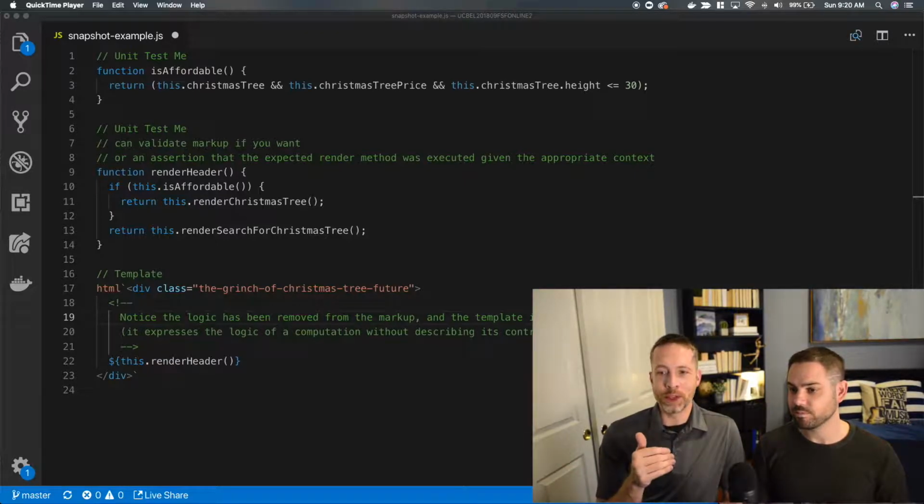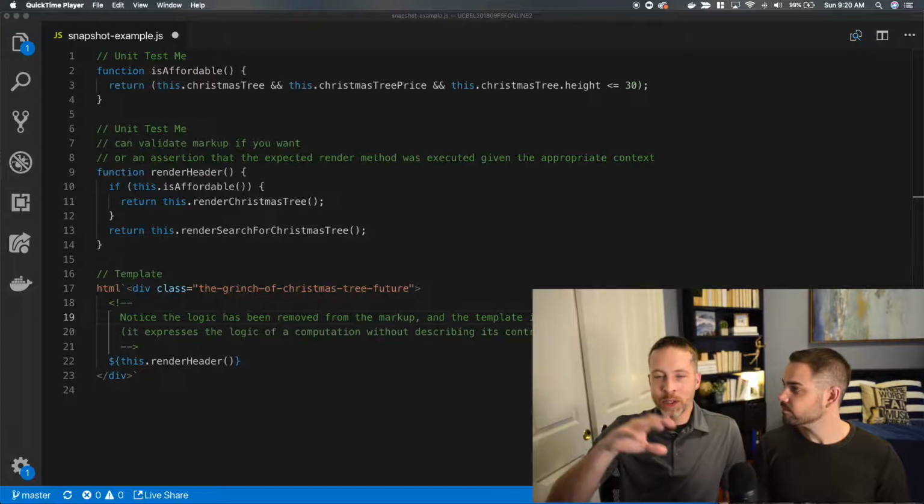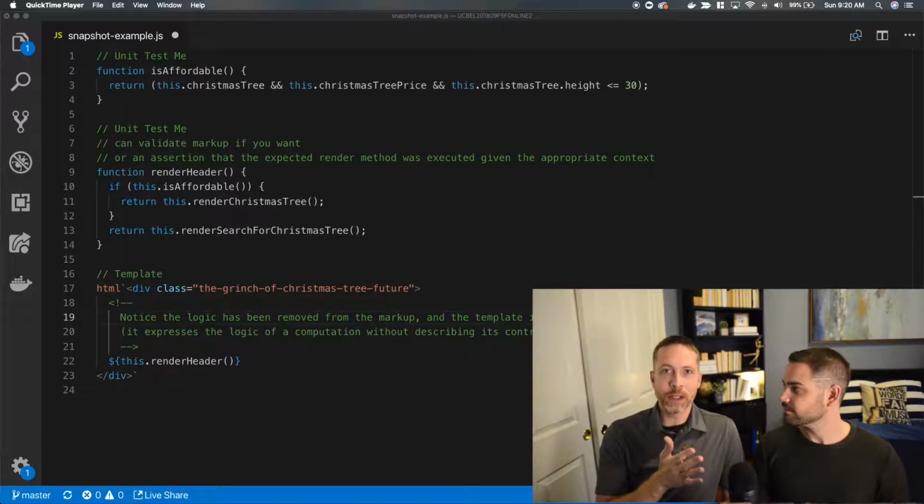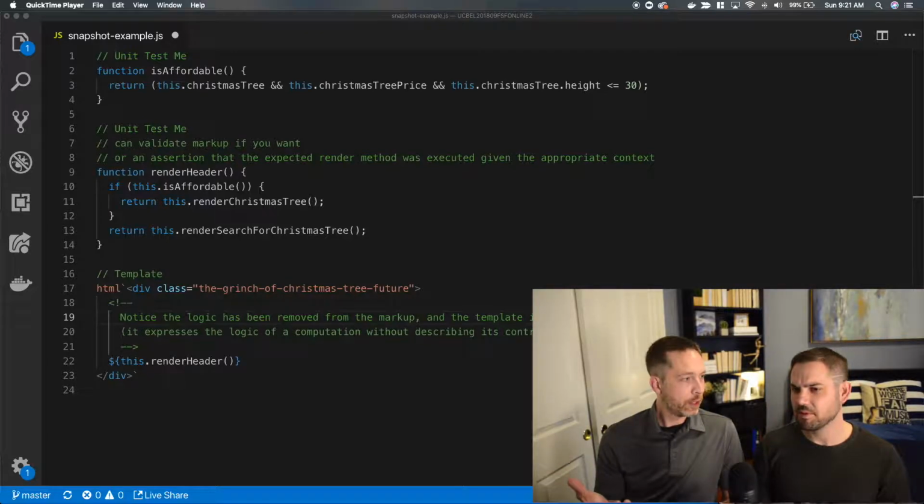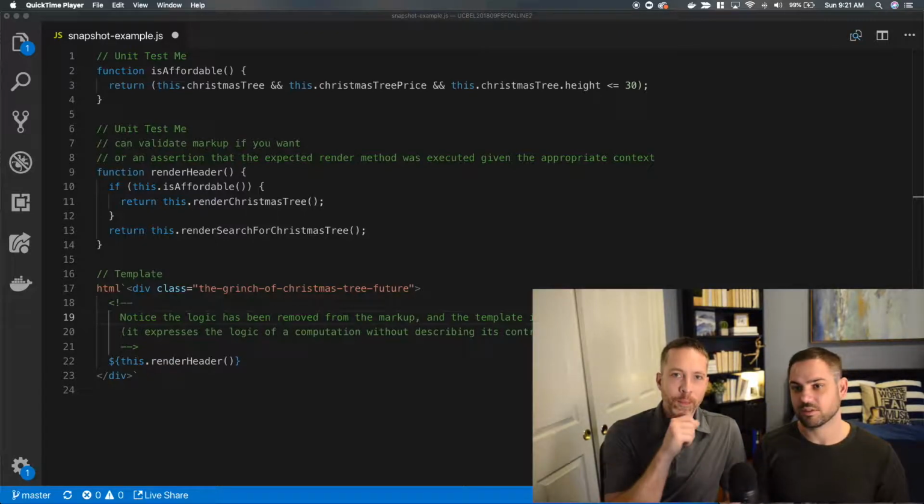As opposed to the snapshot version, which would say, render this whole template and take a snapshot of the markup, and if it looks right, or if it looks like it was before, it passes. If it doesn't look like it was before, it doesn't pass. But where is the context there? You don't necessarily know why it failed or passed. You just know that the markup looks the same. Maybe we can do a follow-up where we have some snapshot tests written, and some unit tests written for this.